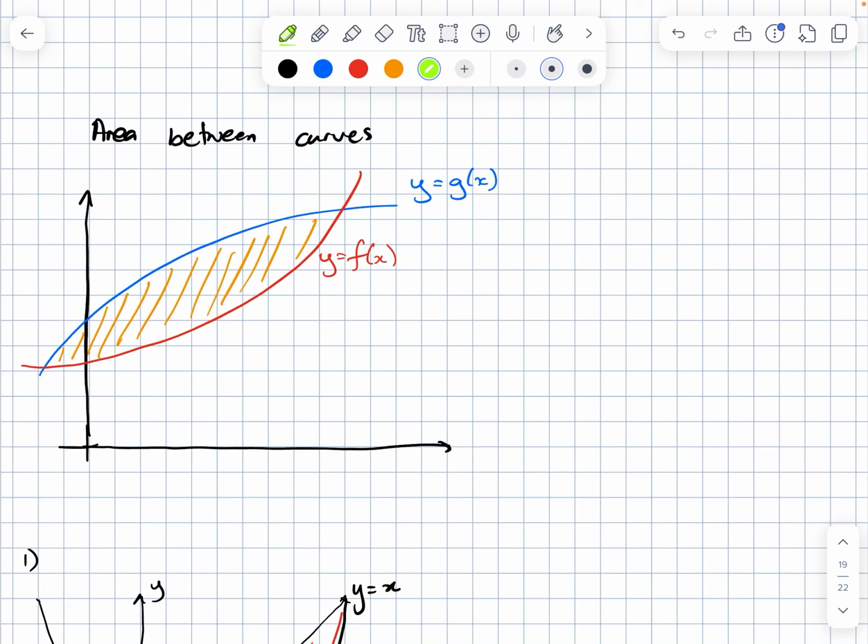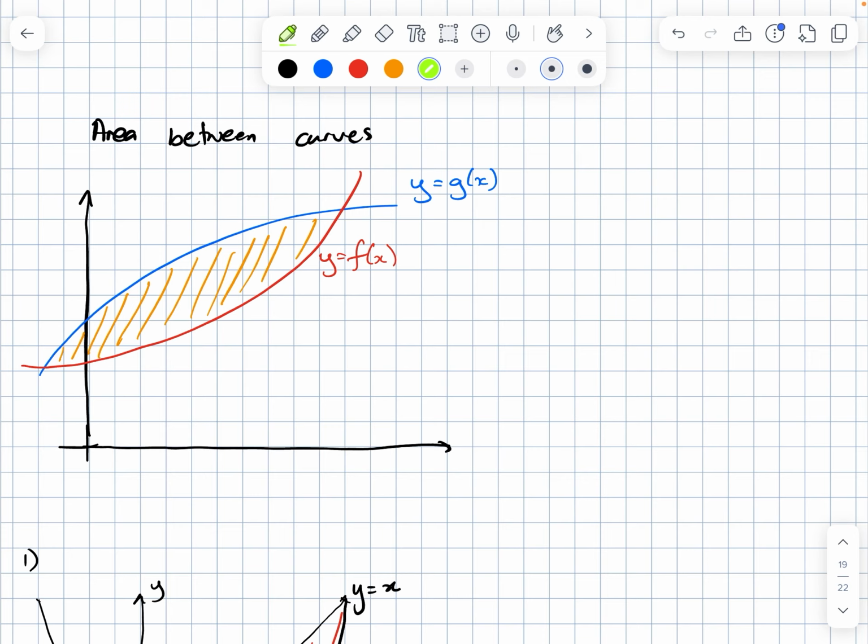In the previous video, we looked at calculating the area between a curve and the x-axis. In this one, we're going to extend that idea to between two curves. If we wanted to calculate the area between this blue and red curve, well, if we calculated the area under